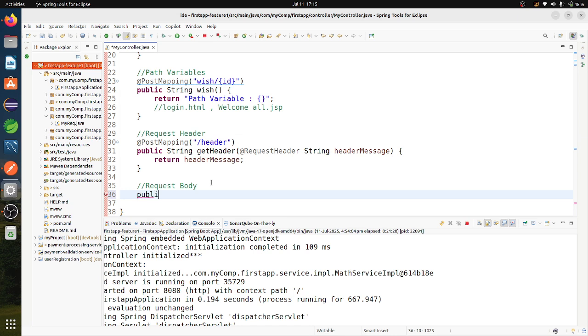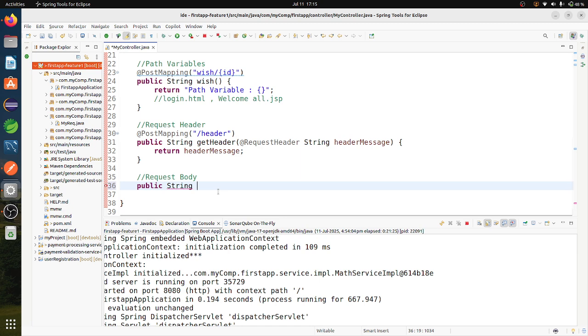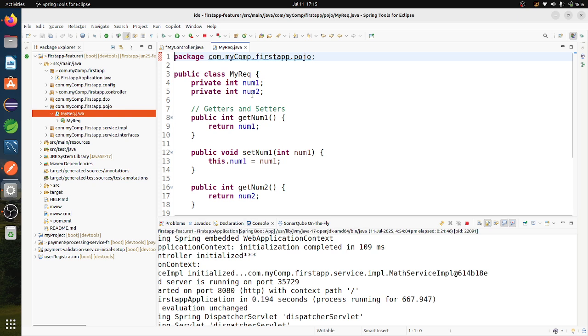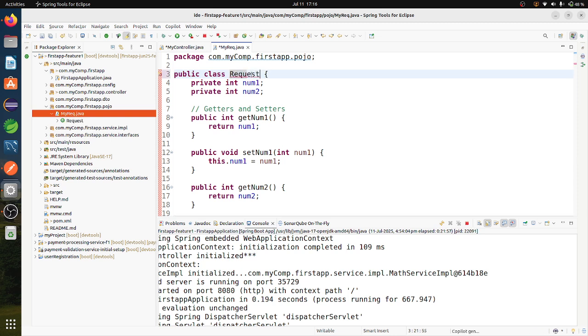So now I will again mention some other method. Get user. I have one POJO class here in my application, so I will use that one only. Here there is my request, I will change this one. Instead of my request, I will take user request.